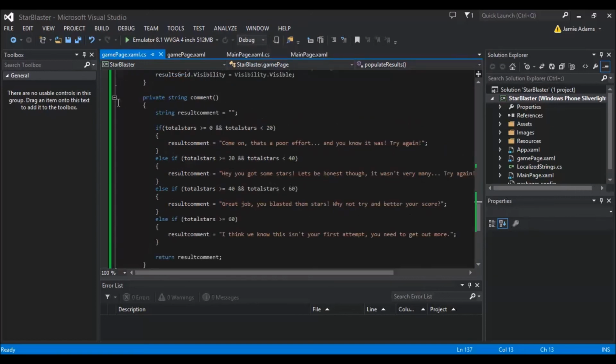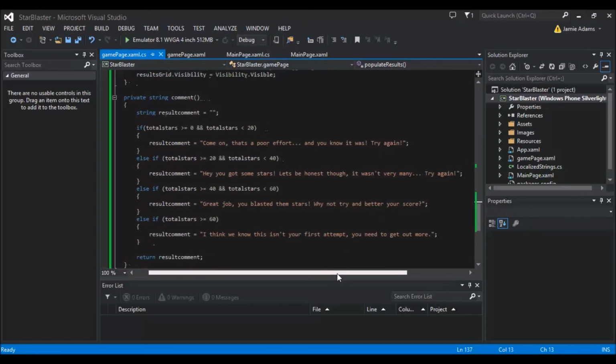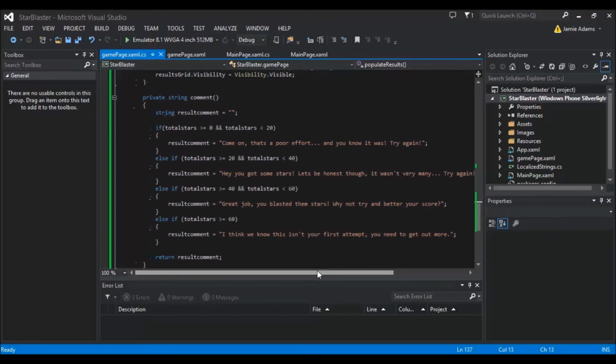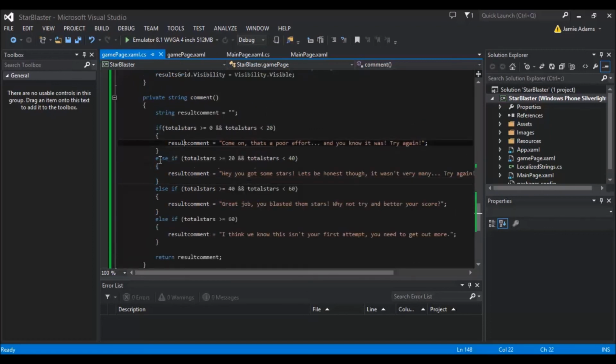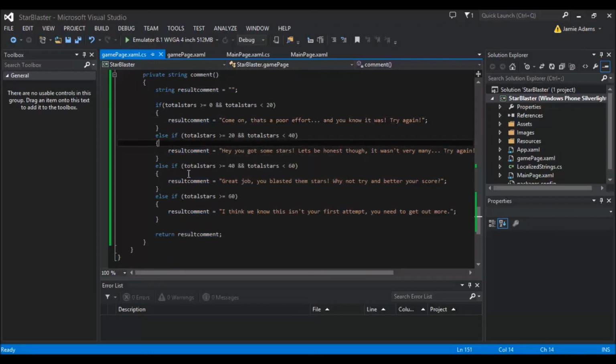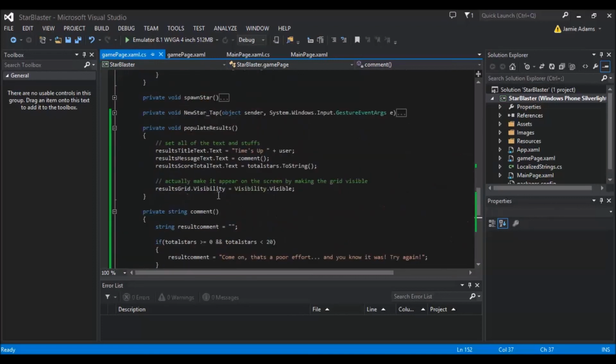But yeah, so I just want to make sure that you did get all of the information here. So you just want to make sure you get all these if statements. I'm using if and else if. So we're saying if it is 0 to 20, and if it isn't, then it will say else if it is this one or this one. So basically it's going to run through them until it finds out which one it actually belongs in. It will always find the right one. If it ends here, then it won't go to the next one because there'll be no need for the else. And then yeah, just got our